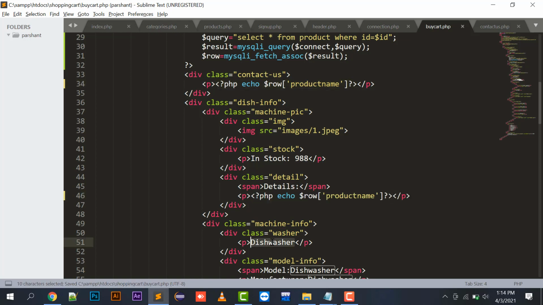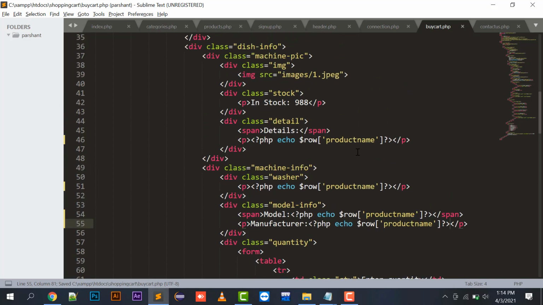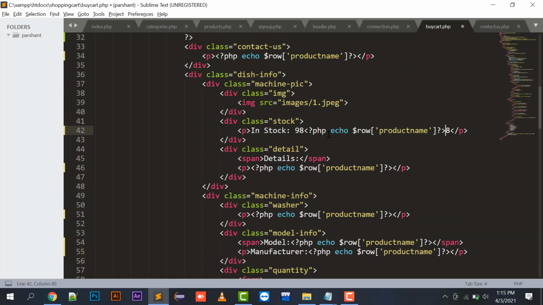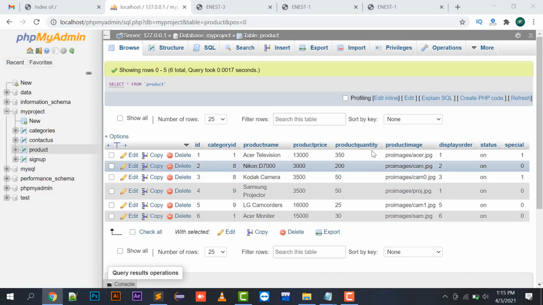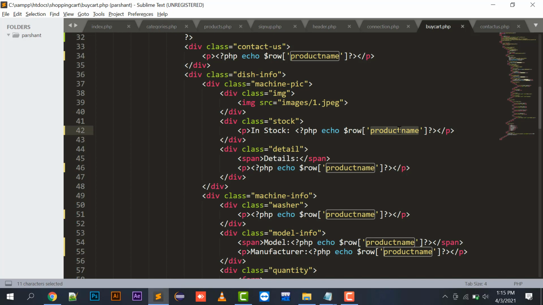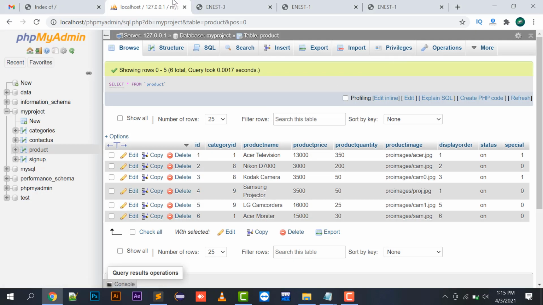So product name, its product name. Again, the model and manufacturer, and I will put the product quantity in stock. It's the product quantity. And for images, we can come up with the product image.